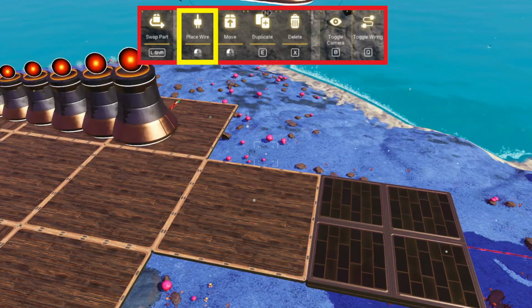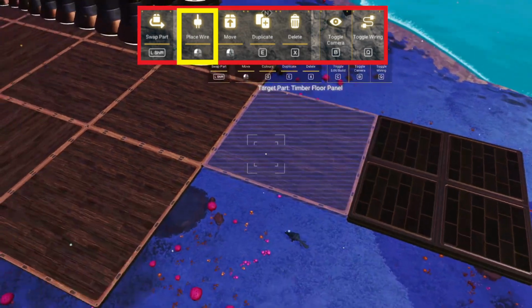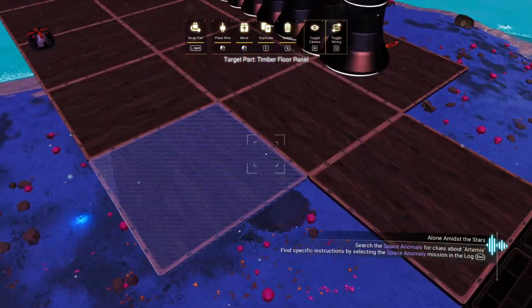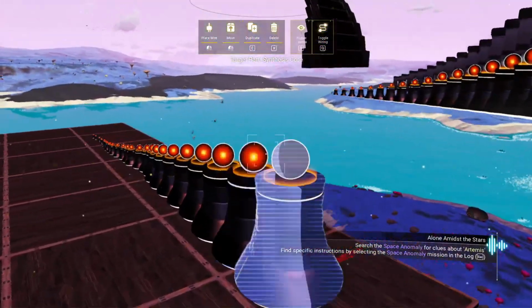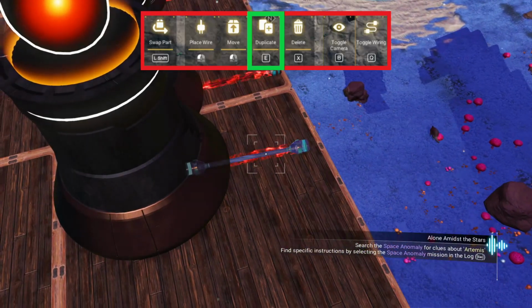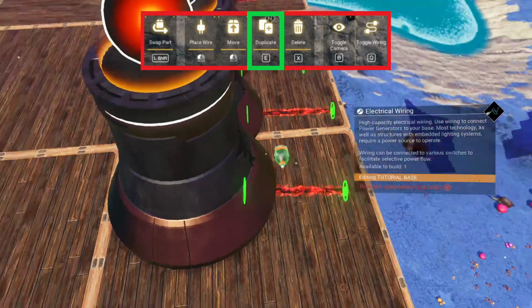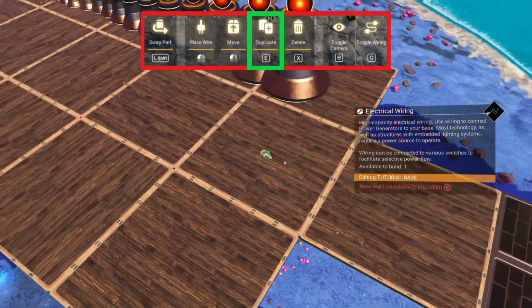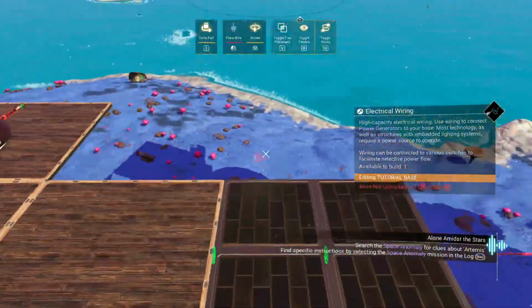If you have done it correctly, at the top of your screen you will have a wiring option, even though you have a square reticle out and no wire. I don't have a wire out, I just have the square reticle for the edit build menu. So what we're going to do is come over here to this large wire and press the duplicate button. Now we have the wall that we selected stored in our build menu cache and a large rescaled wire in our hand. What we're going to do with this